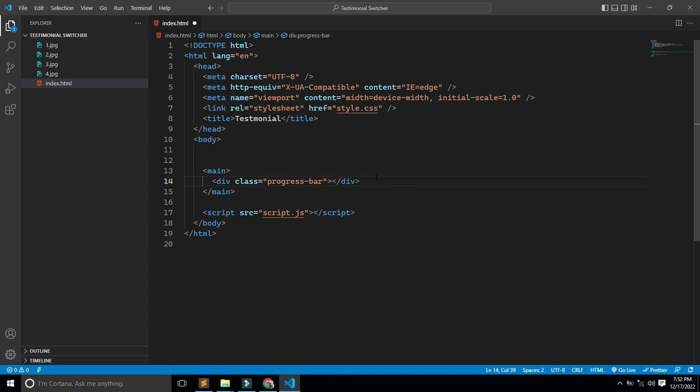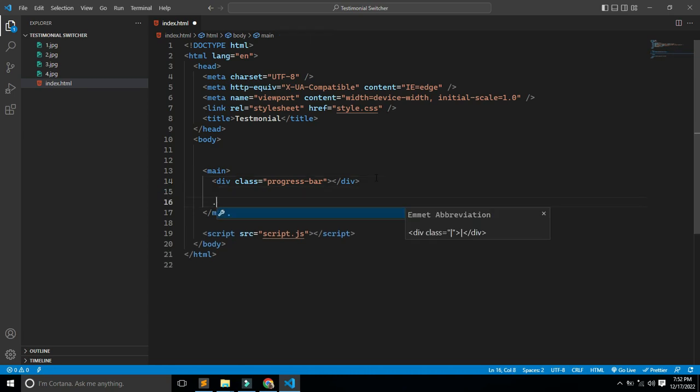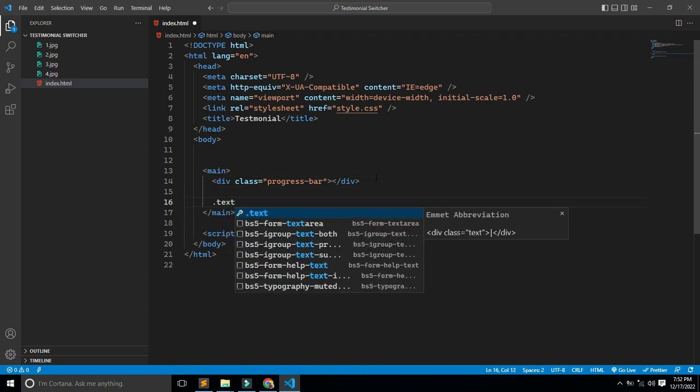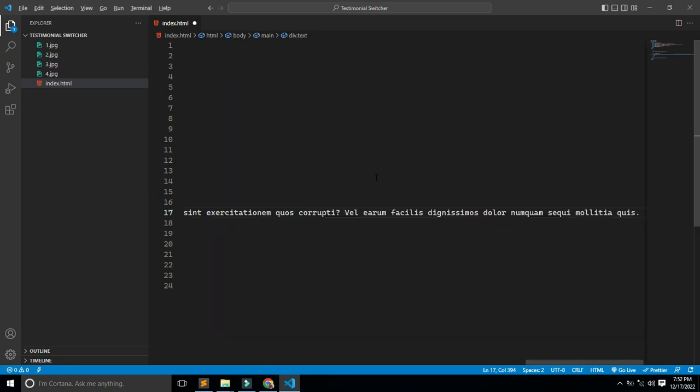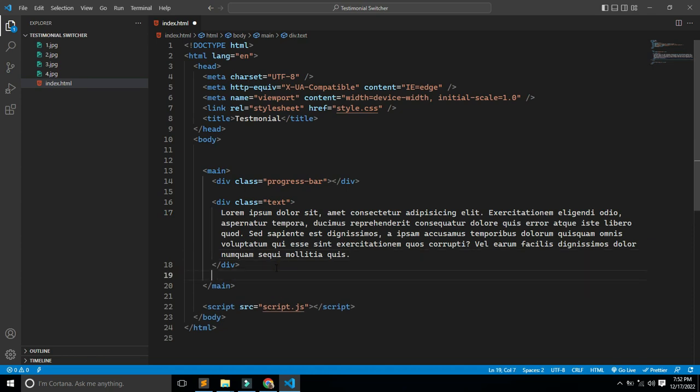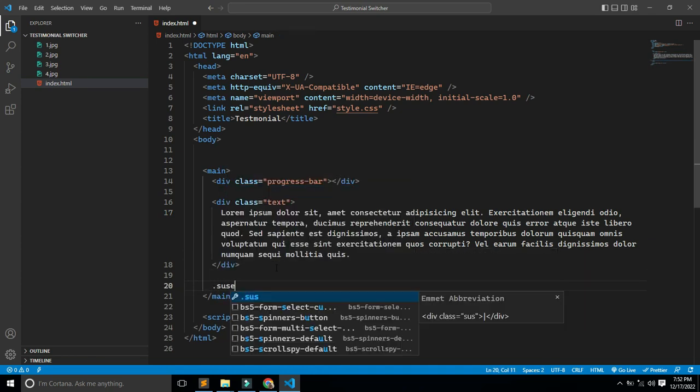And after that we will have our dot text. You can say the same text, let's say lorem 50 first. This is for test only. And dot user, our user will be up here,